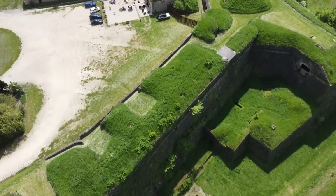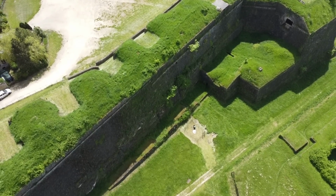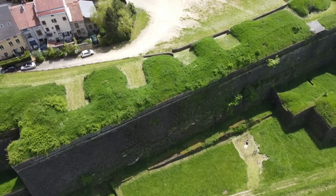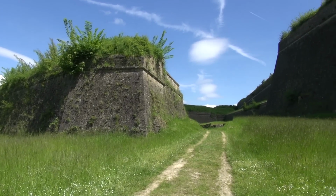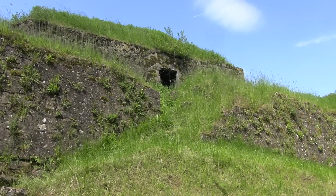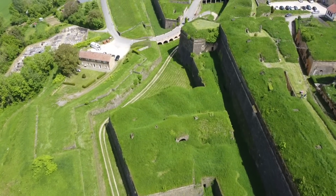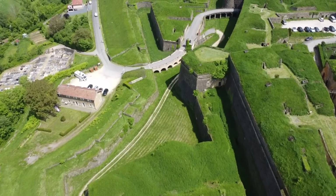Did the Germans use the Citadel during the First World War? No, the French used the Citadel against the Germans. When they captured it, were they based here or did they ignore it? For the occupation garrison. Yeah. Ah, right, okay. But the Germans fired 5,000 shells at the Citadel during this battle and during the battle in